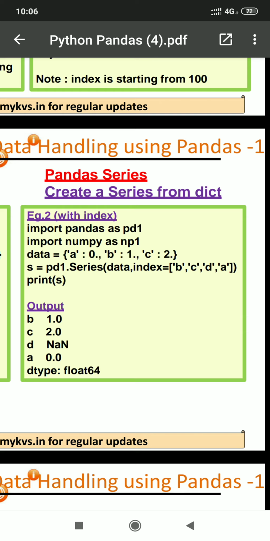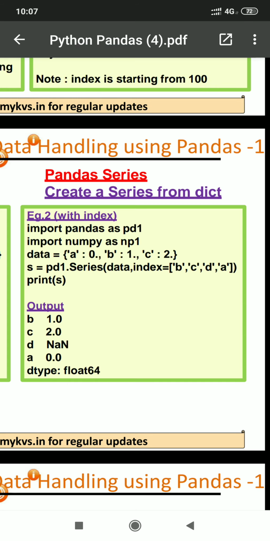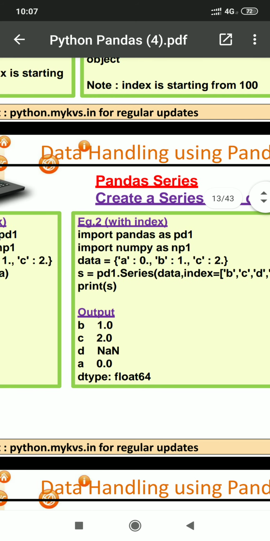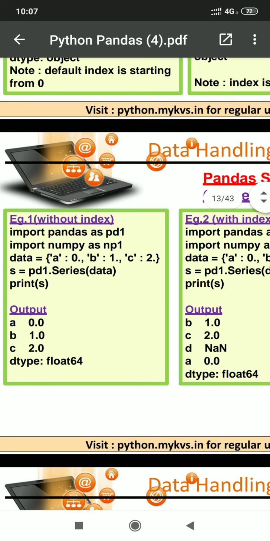We are changing the index position so b is at the beginning, so the value of b is 1. It is displaying b 1. Then the next index is c, and you will find 2 in c. Then d, there is no key with the d element, so NaN, not a number, appears. And a with 0. So indexing is changed as per our requirement.